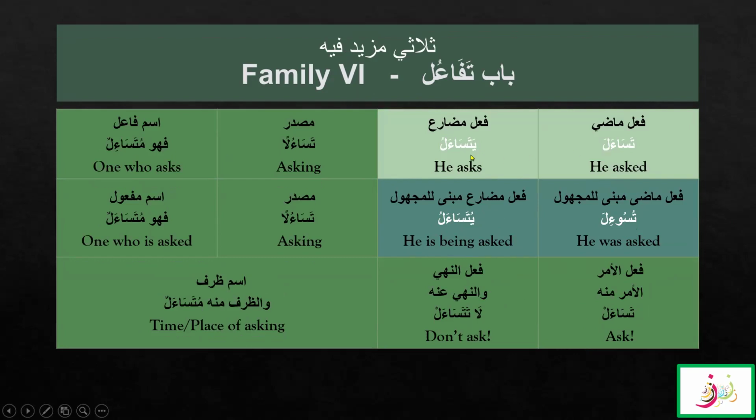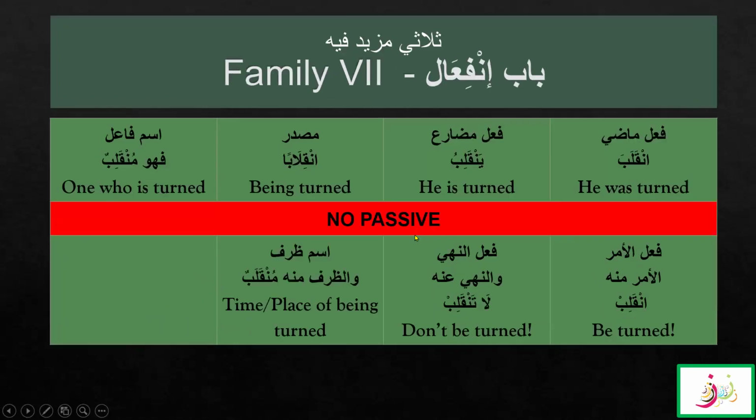This is fa'il madi ma'loom, fa'il mudari ma'loom, fa'il madi mabni lil majhul, fa'il mudari mabni lil majhul. So this is how you are going to practice again and again and again, to be familiar with all the sigas, these four important sigas of fa'il in our saf sagi charts when we are doing all the families, Salasi Mazid Fihi or Salasi Mujarrad, when we start with family one. So here you need to focus on fa'il madi ma'loom, fa'il mudari ma'loom, fa'il madi majhul